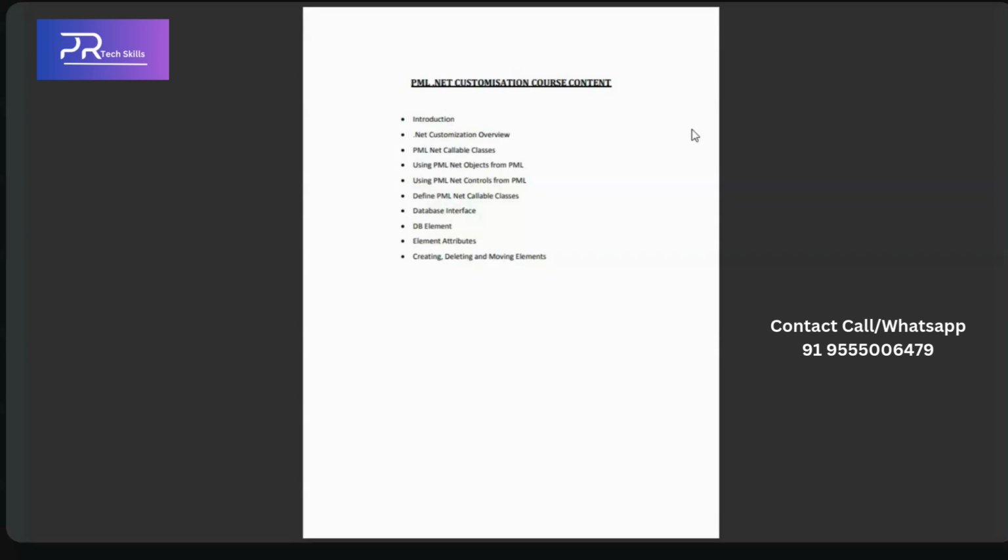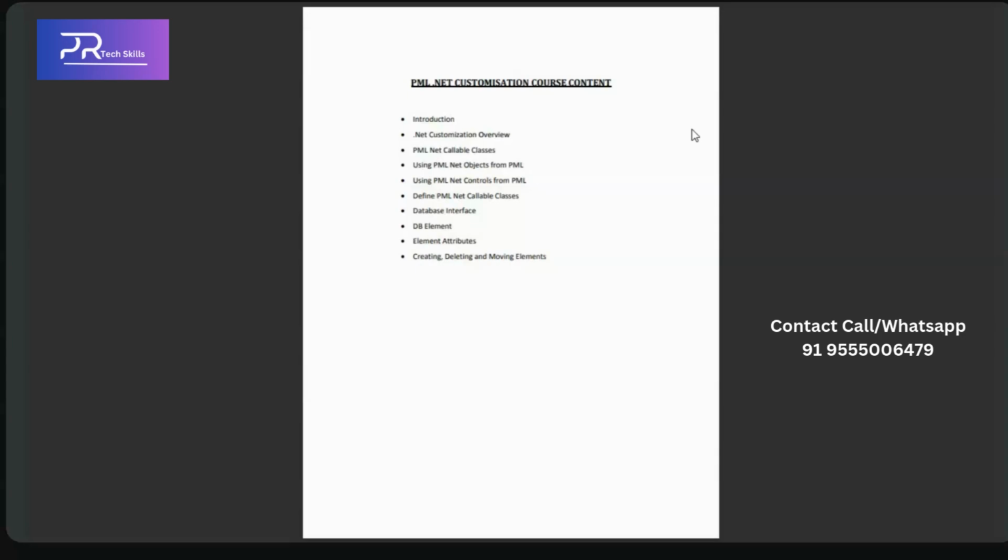We don't have to do anything, we just have to import that already given add-in, and by importing it we will be able to integrate PML. Some part of the code you can write in PML, some part in C#, and at the end we can club both of them and execute it. How to do that, we are going to study as part of the PMLNet overview and